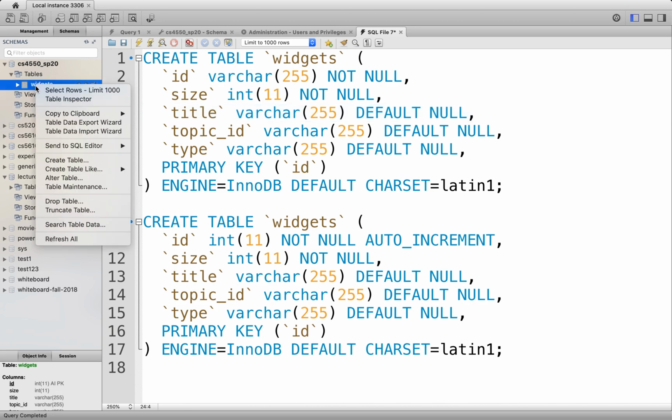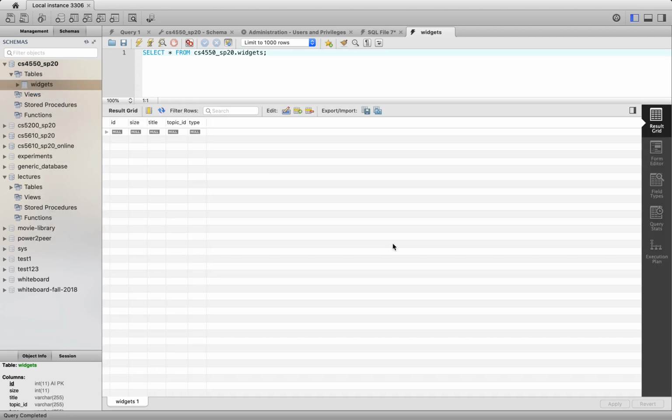table of widgets, right? If we select, we'll notice that there are no widgets in there. So let's create a couple of widgets so that we can start interacting, maybe query and retrieve some of these widgets from the database, right? So let's create a couple here. Let's create one here with size 2. This is a widget